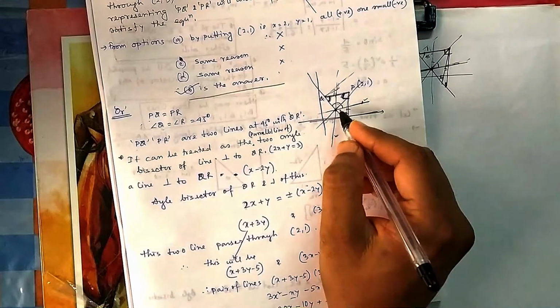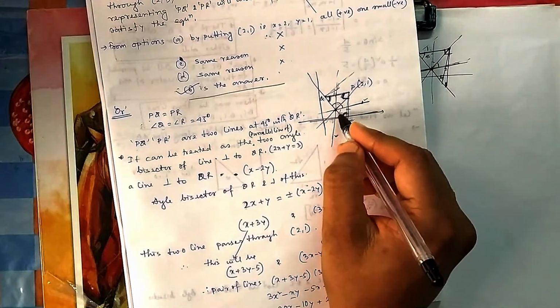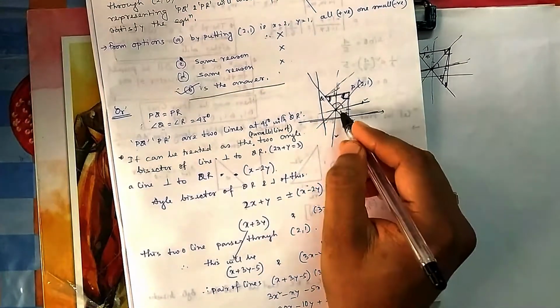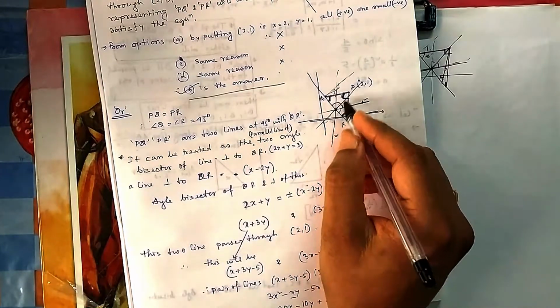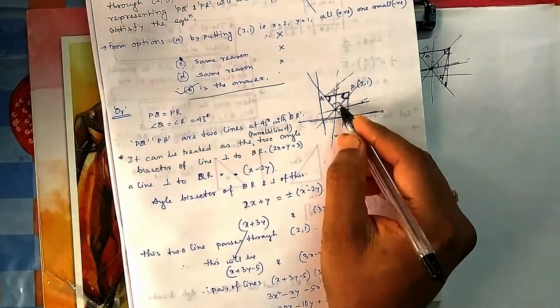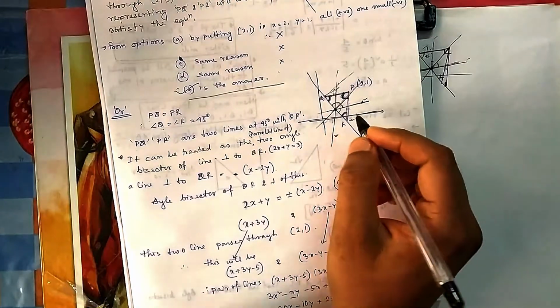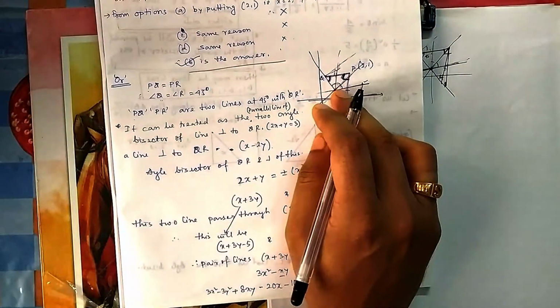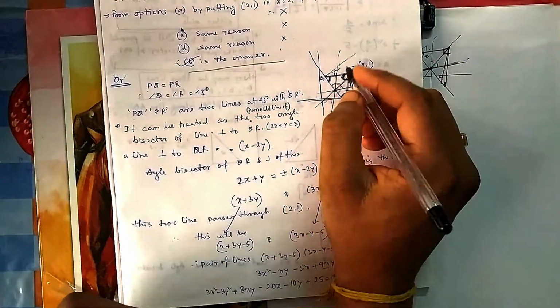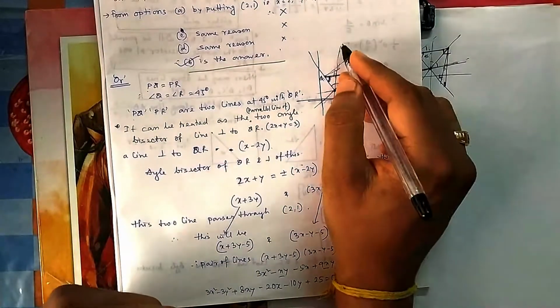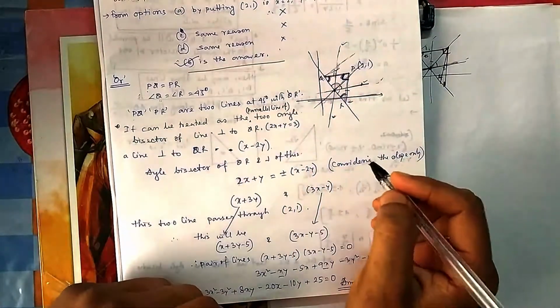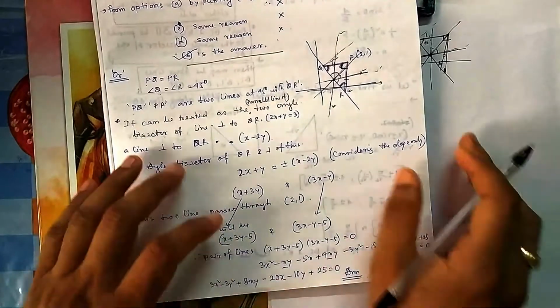So what are the other angles? If you take this bisector, this is also 45 degrees with QR. This is QR, it is also 45, this is also 45, because you are taking a perpendicular line, then you are bisecting the angles. Why am I going to the angle bisector? Because with the angle bisector, with the same formula, I can get both the lines at a time, because it is plus minus. You can remember the angle bisector formula.